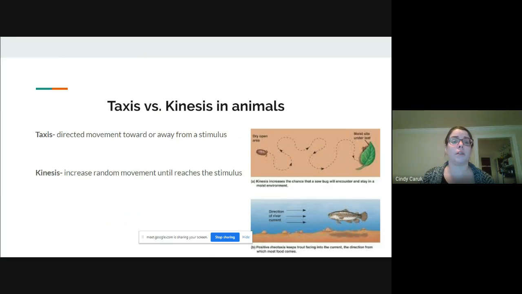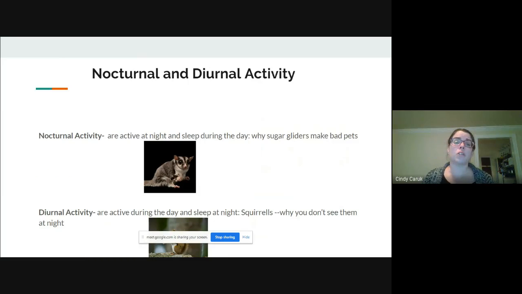to stay alive. And then nocturnal and diurnal activity. Nocturnal, I think everybody knows, is being active at night and sleeping during the day. It's one of the reasons sugar gliders, despite being super cute, make bad pets. And diurnal are active during the day, but they sleep at night. So that's why you don't see squirrels at night very